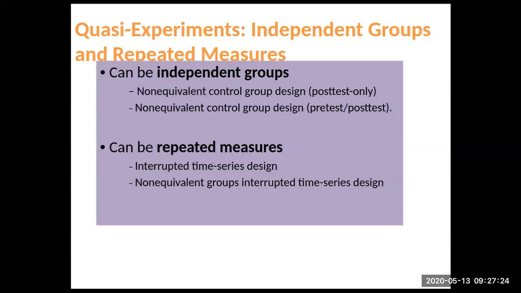So quasi-experiments, again, can be both between or independent groups, right? Between groups is what we call it in the real world. The book calls it independent groups, because you're only in one or the other. And we have repeated measures where everybody does everything. And both of them can be quasi-experimental. The 4 types of